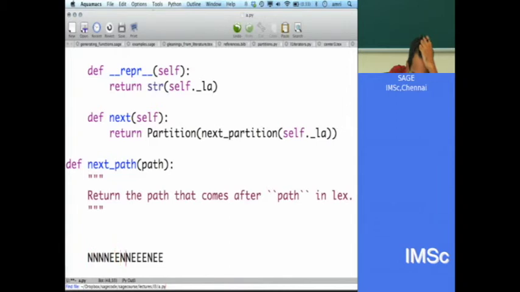Okay, who's next? Yeah, so NNNNNNNEEEEEEE is the first, just lexicographic with N's and E's. Yeah, so it ends with EEEENNN.